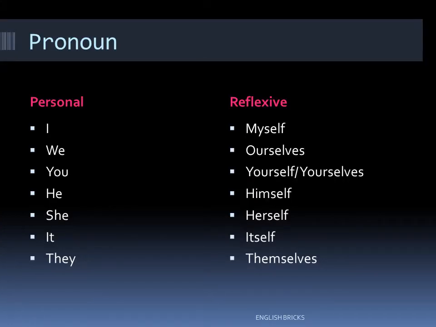If you remember, I just mentioned that a reflexive pronoun is the extension of a personal pronoun. So, there in front of you, you see why it is the extension. I is a personal pronoun and an extension is myself. We, ourselves. You, if it is singular, it is yourself. If it is plural, yourselves. He, himself. She, herself. It, itself. They, themselves. So, there you see this is the relationship between the personal pronoun and the reflexive pronoun. It is nothing but an extension.